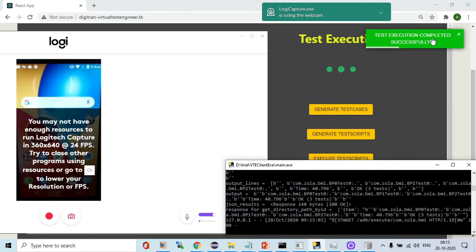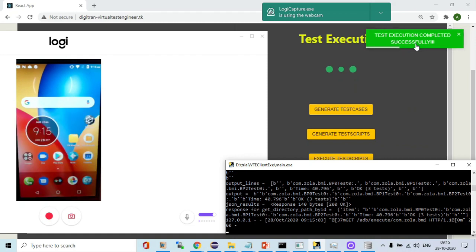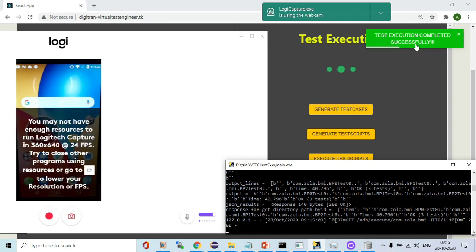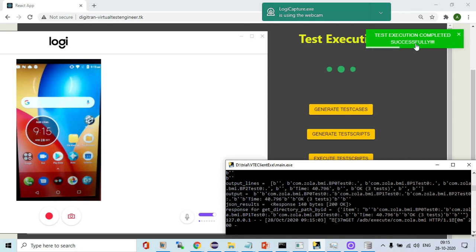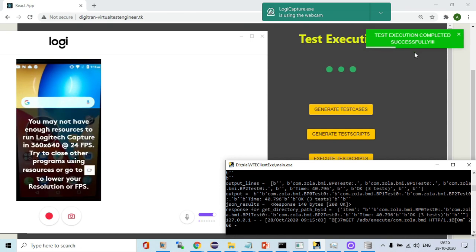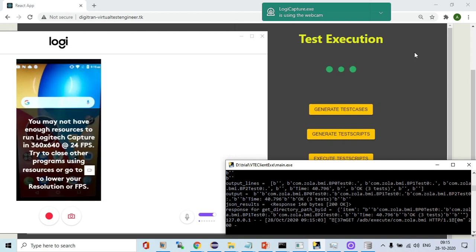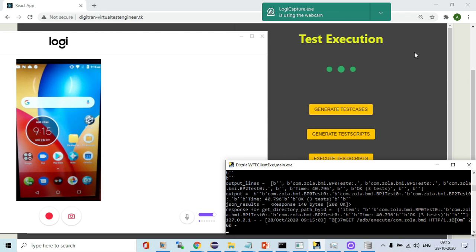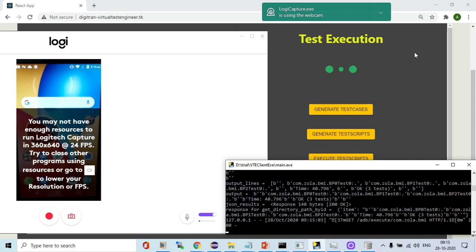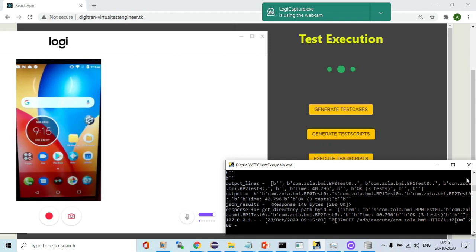So now the test execution completed successfully. You can see the output here also.